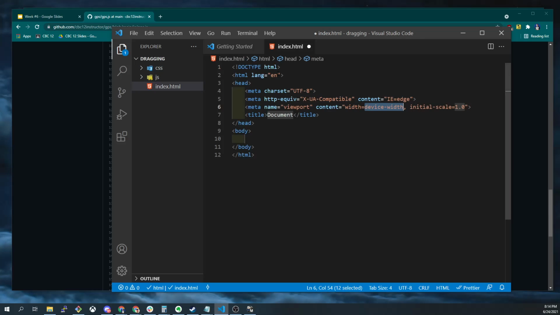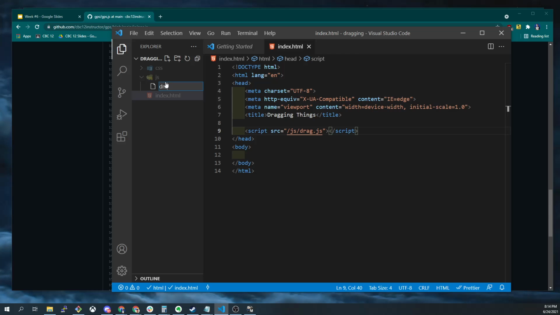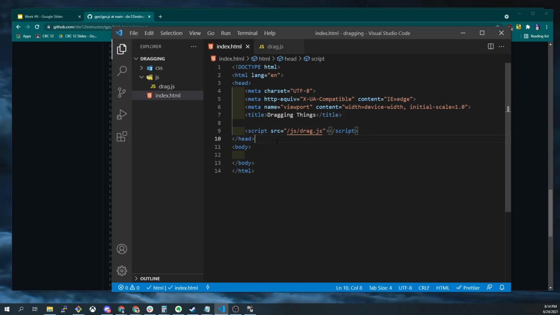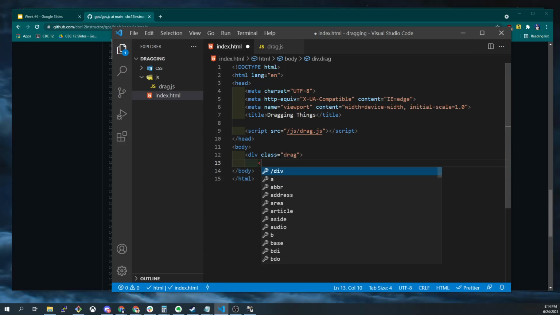Perfect. Alright, dragging things. And we need a script type source equals JS, drag.js. Right? New file, drag.js. Cool. Alright, so let's assume we've got a div here. Div class equals drag. And we'll say this div has, like, hello,